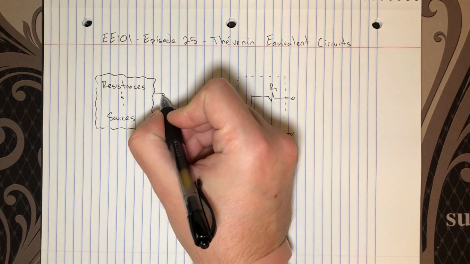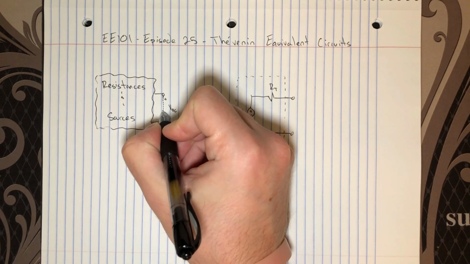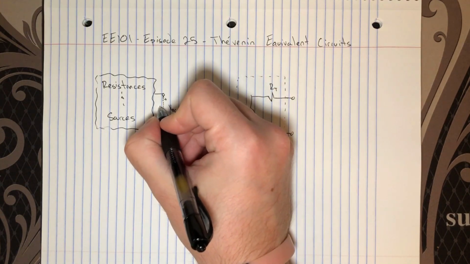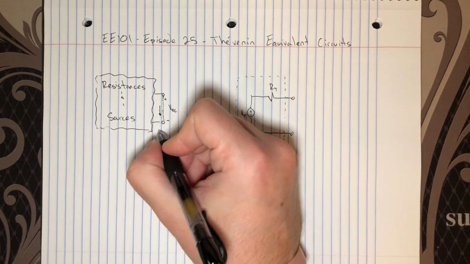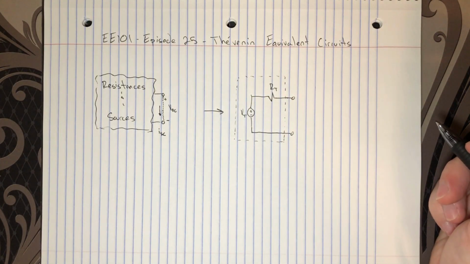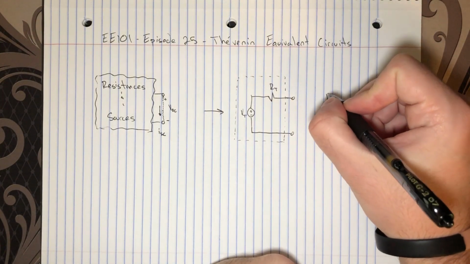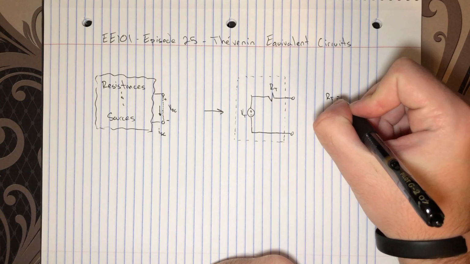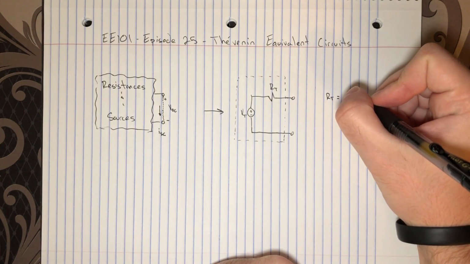So if I put a wire here and then measure the current flowing, a lot of times that's called ISC, I short circuit, that will give me the last piece of information that I need, because RT will equal